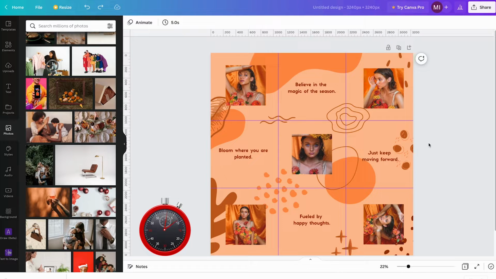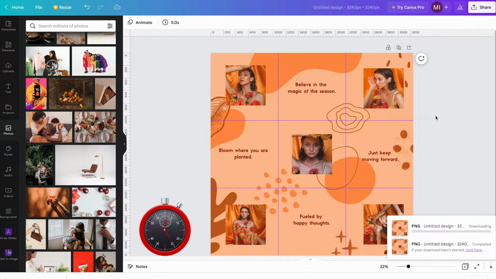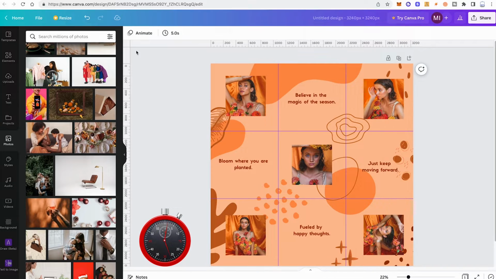Now, if you're happy with your design before downloading, if you're a Canva free user, make sure to remove this very element here because this is only for Canva Pro users. If you're a Canva Pro user, you don't need to bother. Then in the upper right corner of the screen, click on Share, then on Download, file type PNG, and then click on Download. Once downloaded, head over to